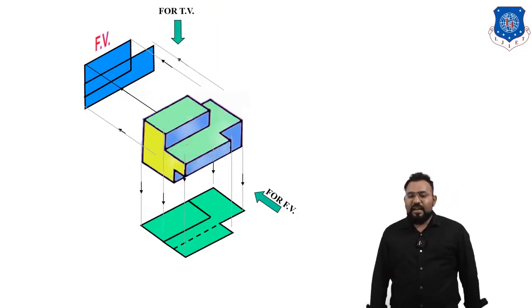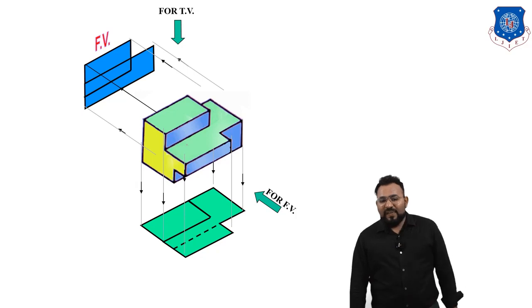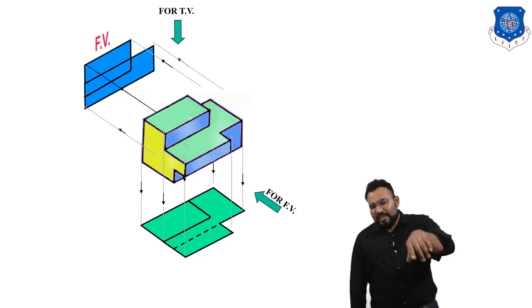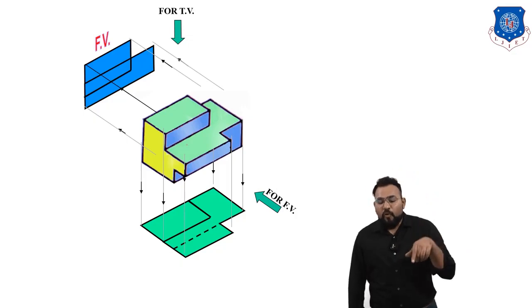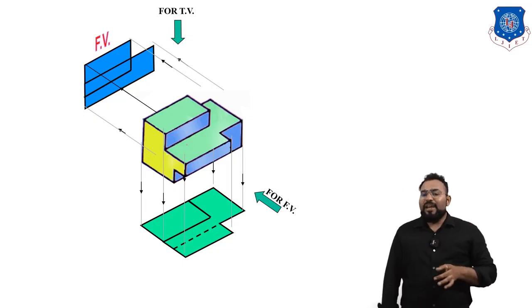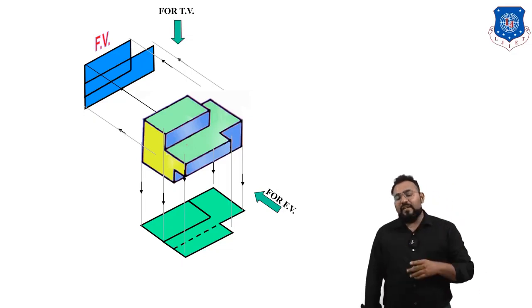So you can see that in the top view one edge is a dotted line. So you can say that there is one dotted line. That means when you are looking at this object from the top, one edge is not visible from the top. So find out that edge, and tell me in the comment section which edge is hidden.